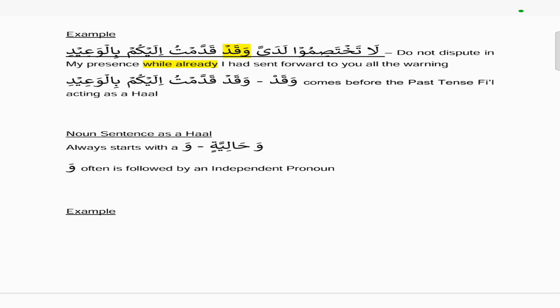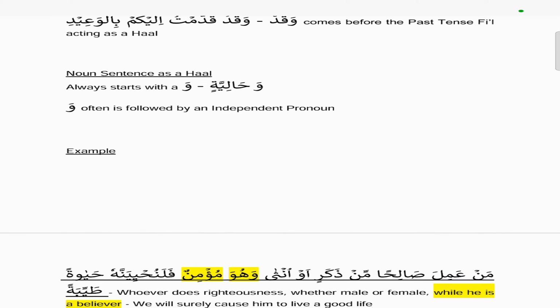So the waqad comes before the past tense fi'l, acting as a Haal, and that's qaddamtu, which means I sent forward. Now, a noun sentence as a Haal always starts with a wa, which is known as the wa haliyah, and the wa is often followed by an independent pronoun. For example,